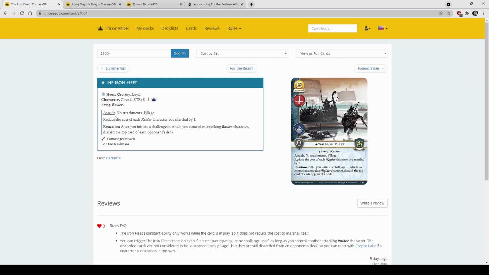I think it's a very interesting addition. I hope that it's really going to make that Raider theme a little bit more enticing over just the regular flavor of Greyjoy decks, with like 7 cost Euron and just every other bomb under the sun. The thing I do like about this is that it does trigger Corpse Lake. So, being able to trigger Iron Fleet 3 times by attacking with 3 Raider characters, with a Raider character in each challenge type, you have a lot more opportunities to trigger things like Corpse Lake,